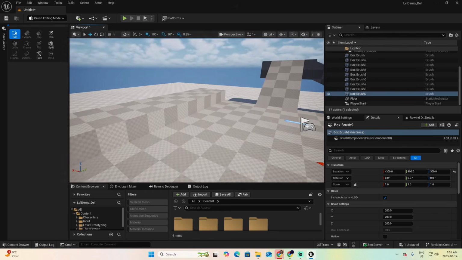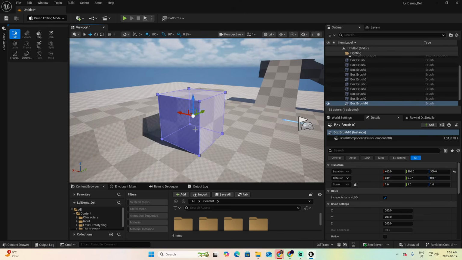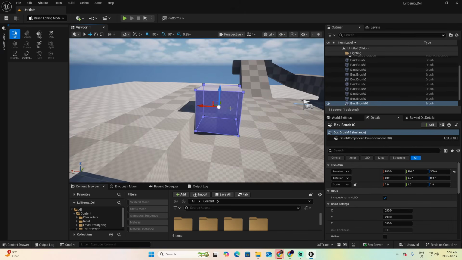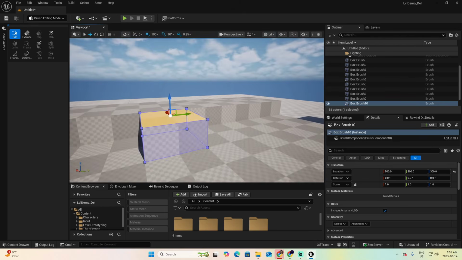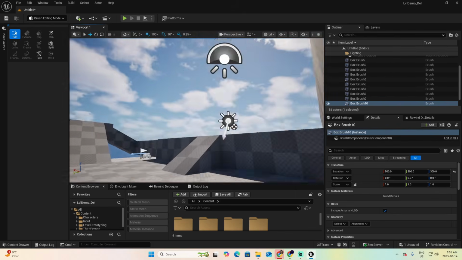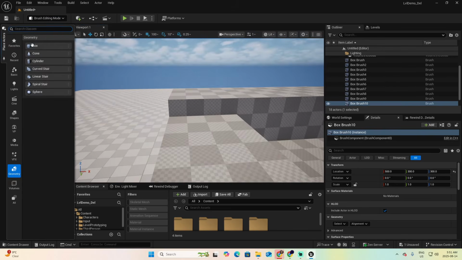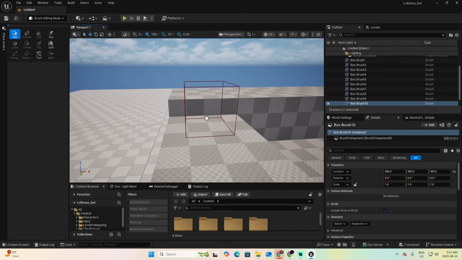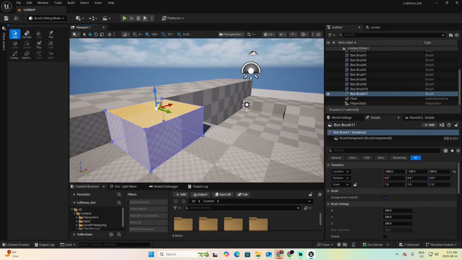Oh, finally, now we have 2 more. I'm going to add a new ramp for this side. Drag it. And now on the top, just the top, I'm going to move it down. And now finally, this edge. So select just the edge. Move it down. Excellent. And I need another ramp for this section. Place actor, box, drag it here, go to the top, move it down just a little bit, go to the